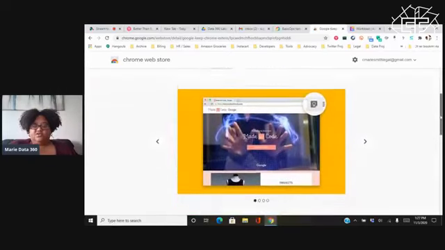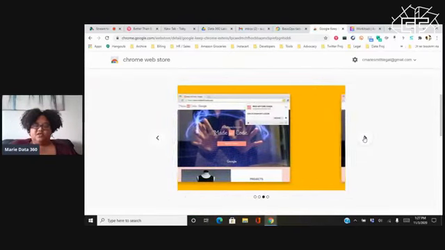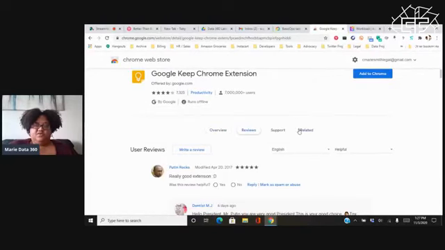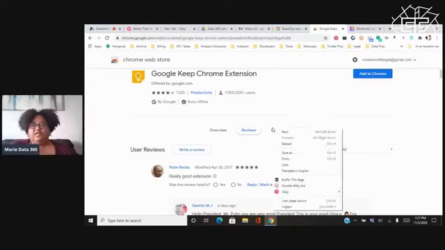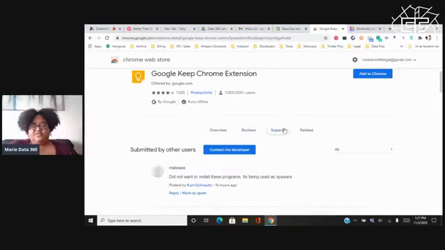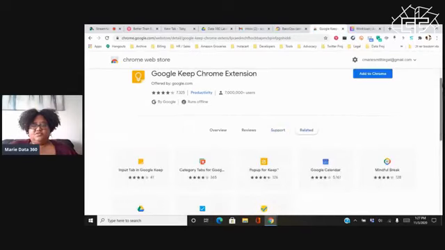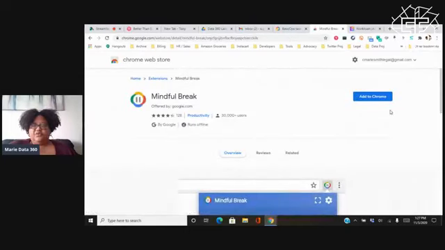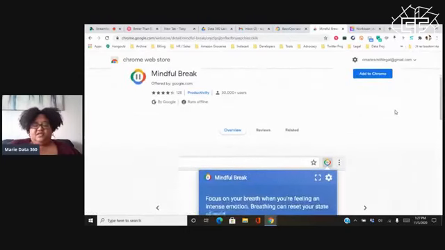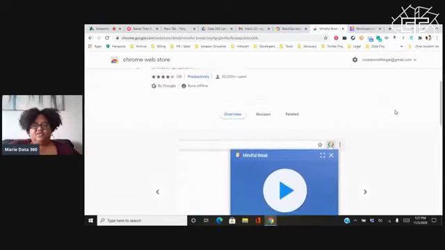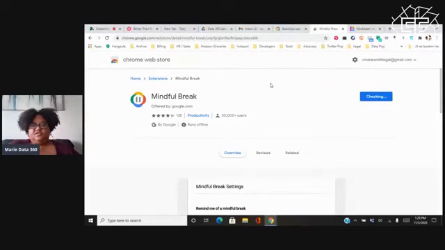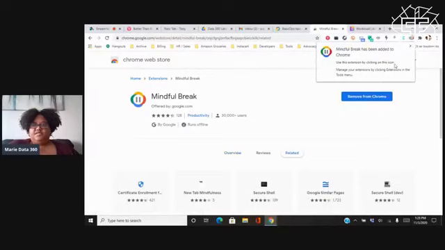And again, there's usually a video, there's usually a slideshow, there's usually reviews, so you can see what people think of it. You can see how many users are using it. So in this case, 7 million users are using Keep, so it might be worth something. And then there's different support and things you can get for it and any related tools. So you can see what else is there, right? So I go, oh, this mindful break might be useful for me because I'm always trying to find a way to meditate. So then you say, oh, okay, great. Here's a little mindful break exercise. So I can just click add to Chrome. That looks good to me. I add the extension